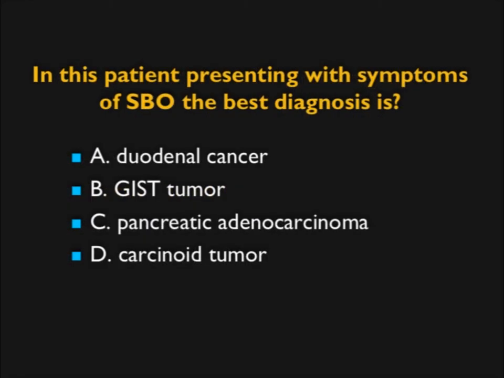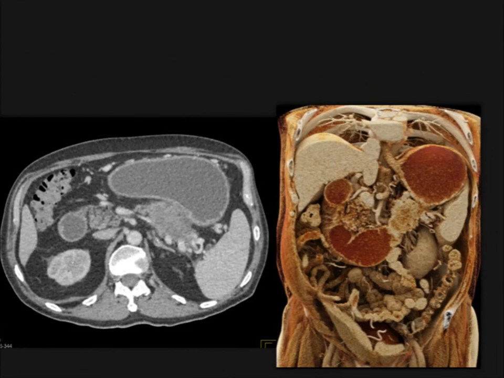In this case, I say the patient has SBO. What's the best diagnosis? Axial and a cinematic view. In the axial view, you see a mass posterior to the stomach arising from the pancreas, and the truth is that's a pancreatic adenocarcinoma. When you look at the coronal view, you see the dilatation of the small bowel to the level of the ligament of Treitz,